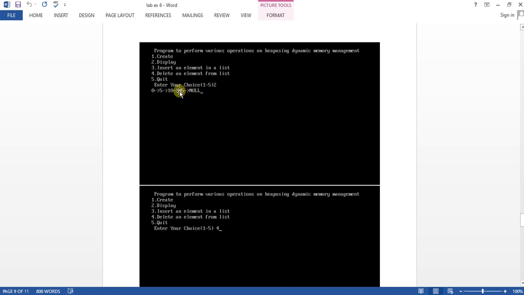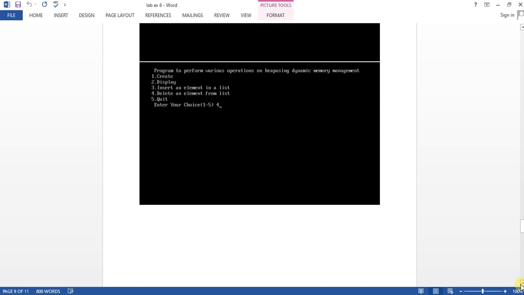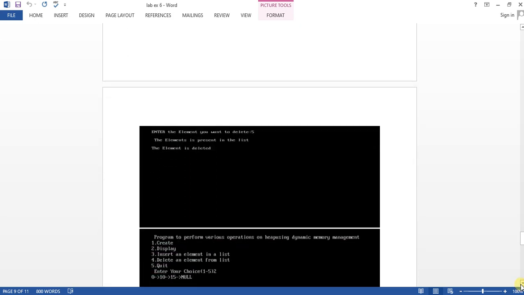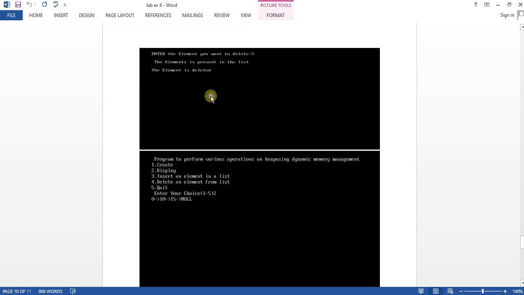Likewise, you can choose 2 and enter at the last, and choose 3 and enter in between. It's up to you, you can check it out. Next, if you want to delete an element, consider I have given my choice as 4. It asks which element you want to delete.